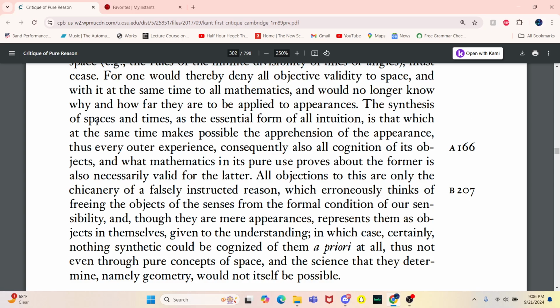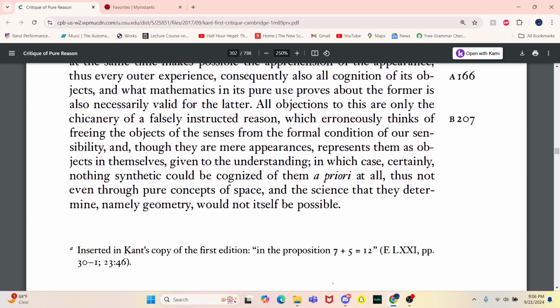The synthesis of spaces and times as the essential form of all intuition is that which at the same time makes possible the apprehension of the appearance. Thus, every outer experience, consequently also all cognition of its objects, and what mathematics in its pure use proves about the former is also necessarily valid for the latter. All objections to this are only the